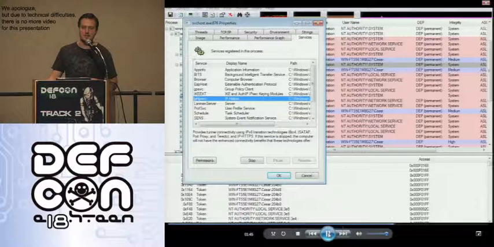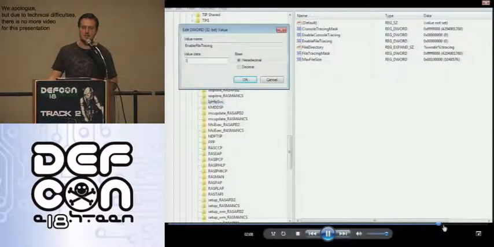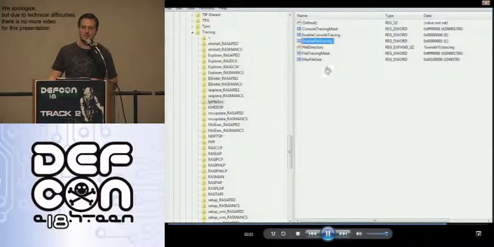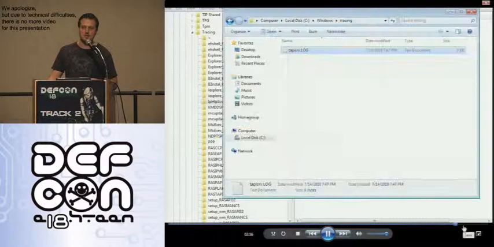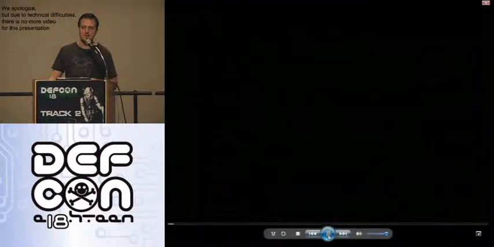I only need to write a value to the subkey of this service, putting a named pipe there, and then wait for the connection of this service and impersonate the system account and elevate privileges. You can see there I changed the value, enable file tracing, and then on Process Monitor, you can see here the file is being created after I changed the value when I enabled the tracing functionality.